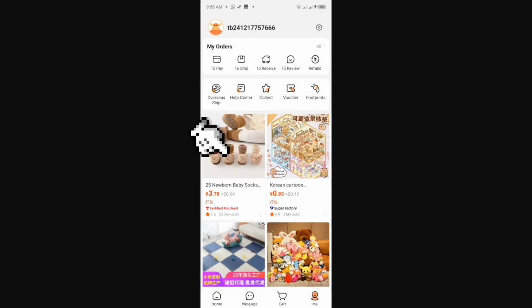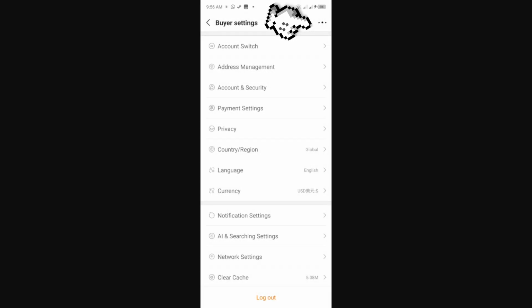then we're gonna find this button right here, and we're gonna click here. You can see this icon right here. This icon is for changing the language of the app. We're gonna click right here,